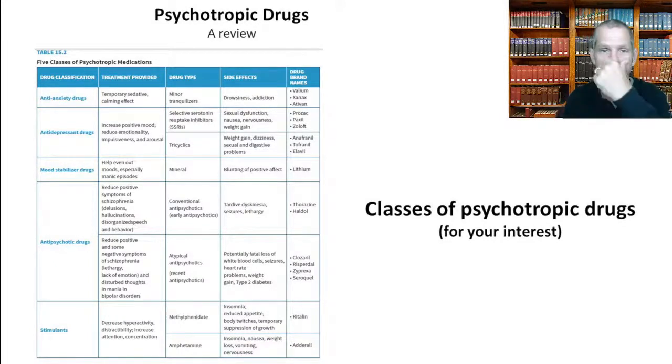Now, if you'll notice over there on the far right corner are the brand names that you can take a look at to see if you recognize any of these particular drugs. You have probably all heard of Valium, Xanax, or Ativan. I'm sure some of you have heard of Prozac, Paxil, Zoloft, right? Maybe you've heard of Clozaril, Risperdal, or Seroquel. I'm sure everybody's heard of Ritalin and Adderall. And these are all trade names, the brand names by which they sell these neurotransmitter impacting drugs.